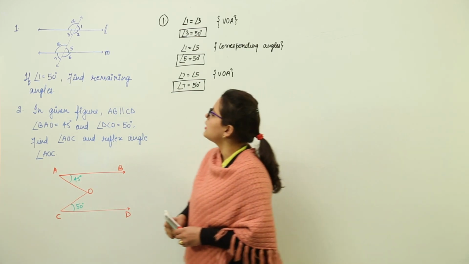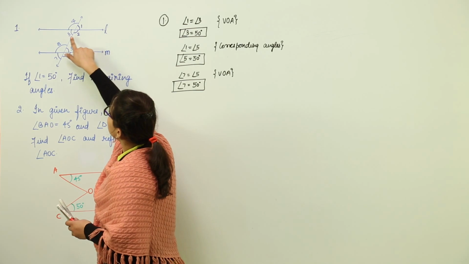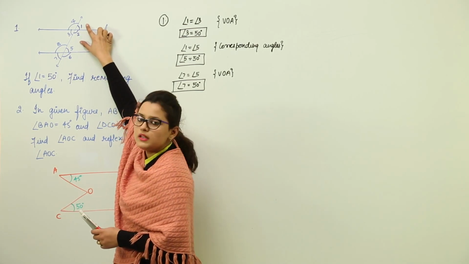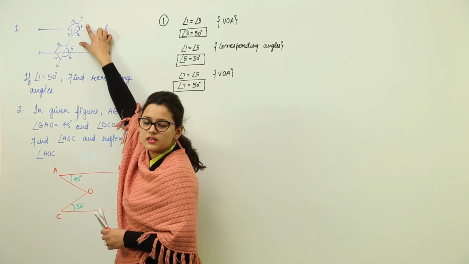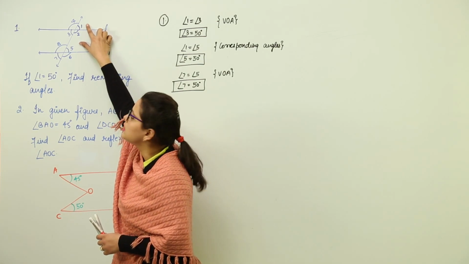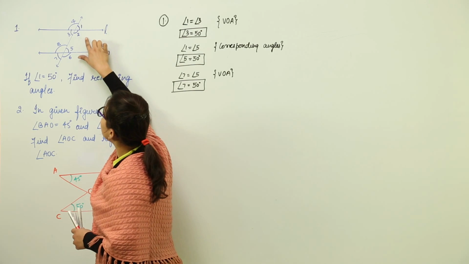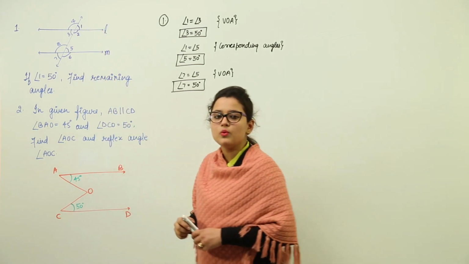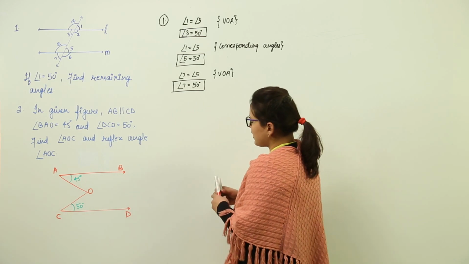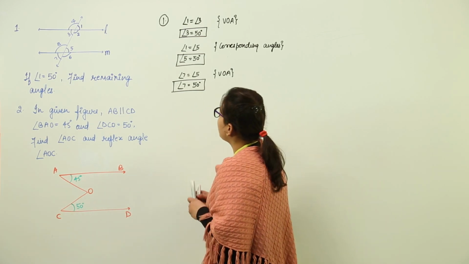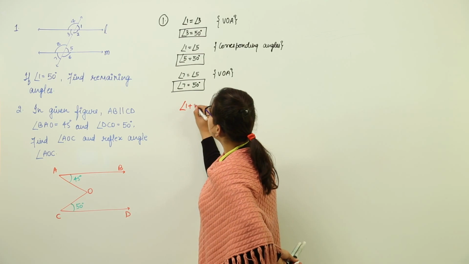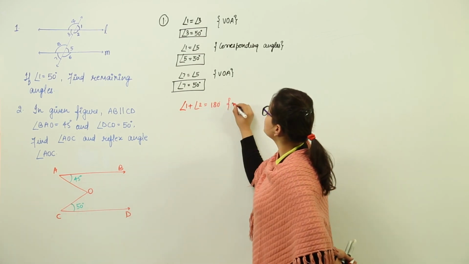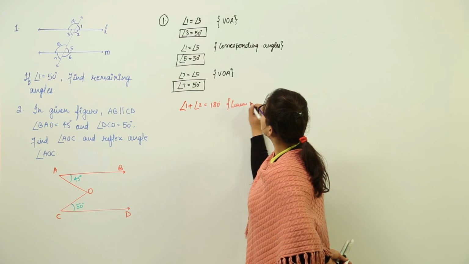Now let us start by talking about 2. Angle 2 and angle 1 are forming a linear pair. They are adjacent to each other, and they form a linear pair. Reason being, if you add them together, they form a straight line. So that means 1 and 2 are forming a linear pair. We can write over here that angle 1 plus angle 2 are going to give you 180, and the reason being they form a linear pair.